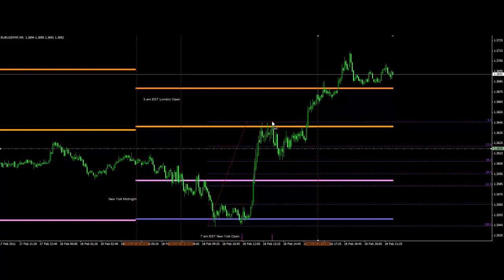From that point, you have a 38% retracement level on here that it almost got to, and then you have your 23% retracement in here where price did find support, and at the 20 institutional level,